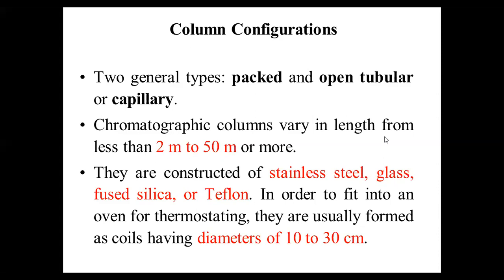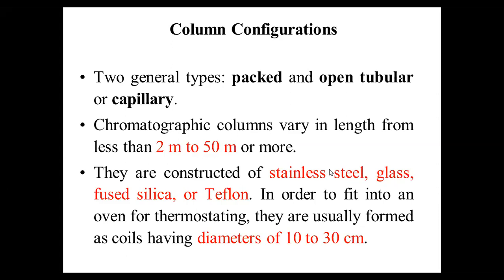These columns are fabricated in such a way that they can be easily fixed into the thermostatically controllable oven. The oven you have seen, right? It is present in our laboratory. Whatever the shape, whether a coil-shaped, W-shaped or U-shaped column you use in the separation process, it must be very easy to place that column into the oven. We have to design the column that way. If the column is bigger than the available oven space, it will be difficult to place it in the oven.